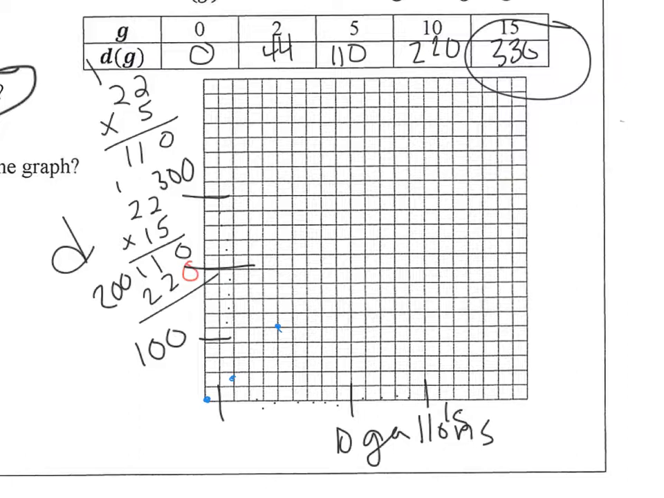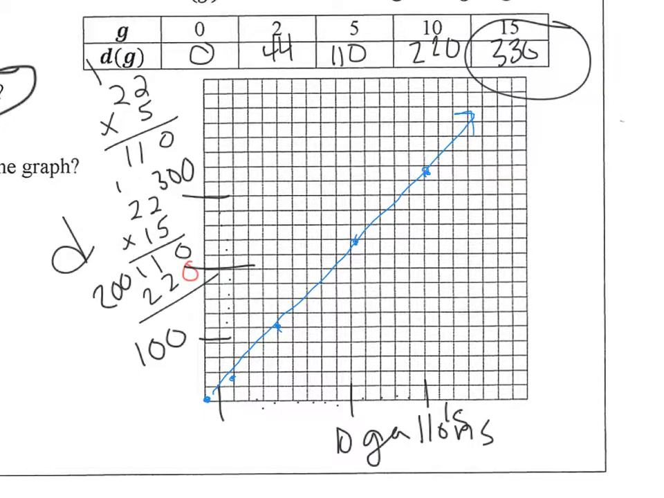10, 220. 200. I had to go up by 5, so this would be 220. And then 15, 330. 1, 2, 3. Just past 320. So when you connect it, you can connect it because you can have decimals for gallons and